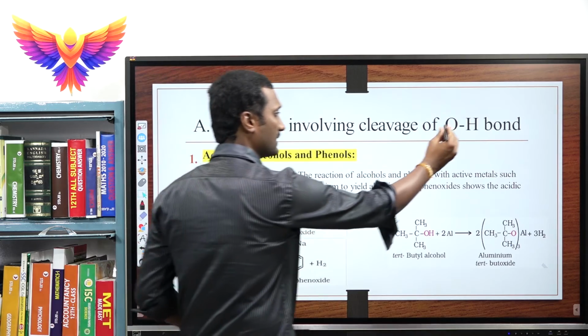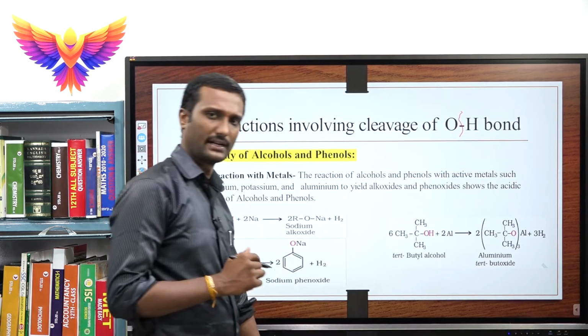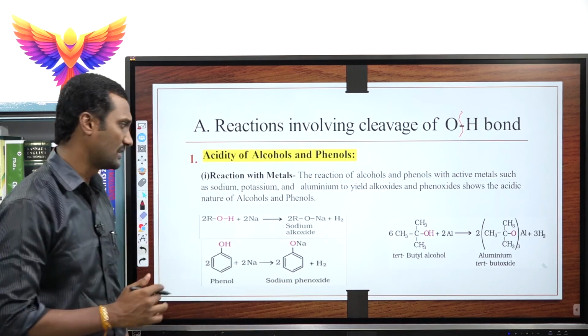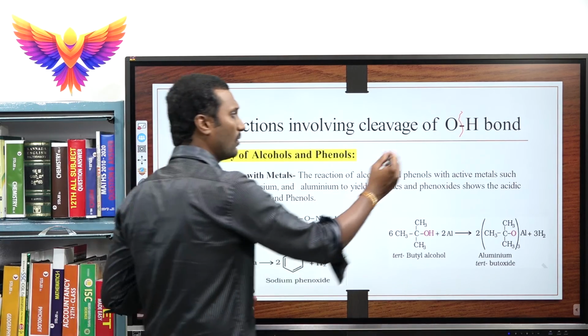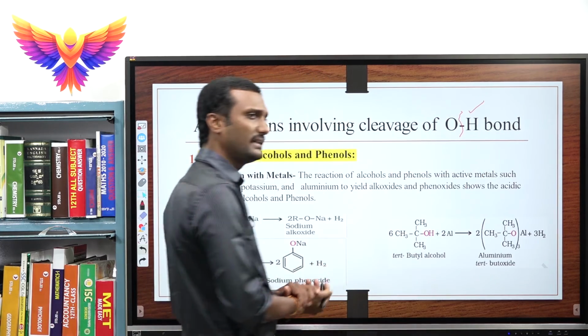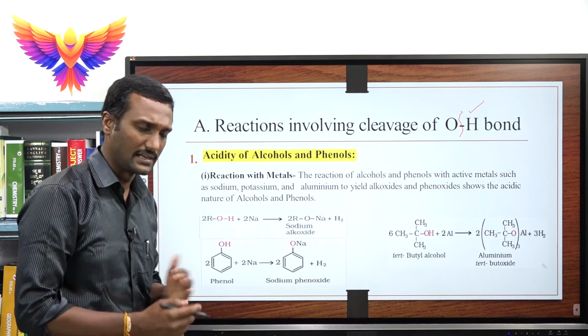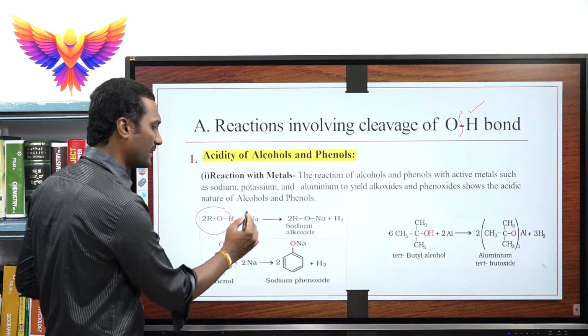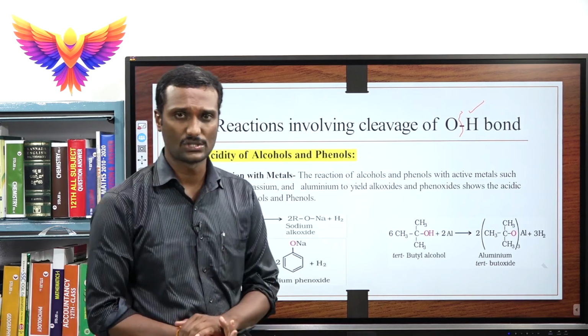Now we will see the cleavage between the oxygen and hydrogen. When it takes a cleavage between oxygen and hydrogen, we can say that the alcohol is acting as acidic in nature. Acidic in nature means, yes, when the alcohol is reacted with a highly reactive metal such as sodium,